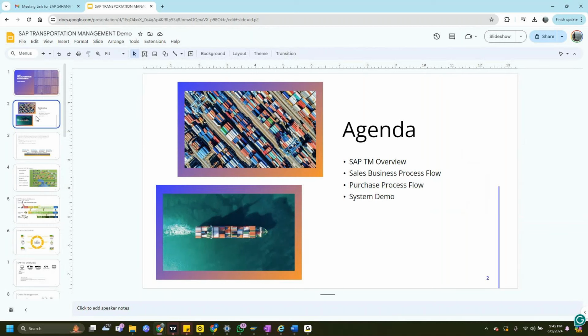It's a parallel component, but it's a completely independent component. We extract information from SD, and we process that information in TM. We share that information back to EWM so that the EWM guys, the warehouse clerks or warehouse managers, will have the information to arrange for the truck to come into a particular door. Big warehouses have multiple doors, so we have dock scheduling as well. That particular door has a timeline where the truck has to come in for unloading operations. So everything is interrelated with each other.